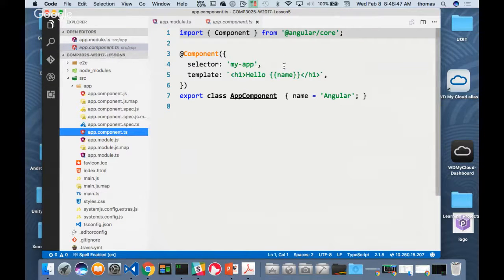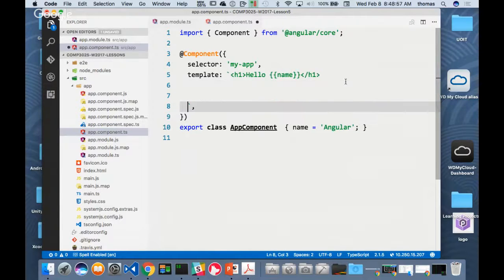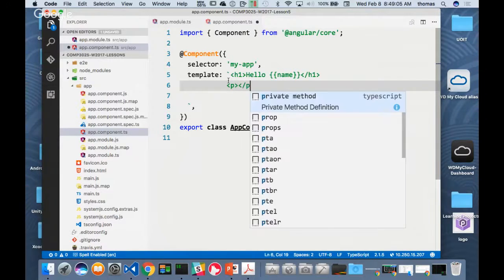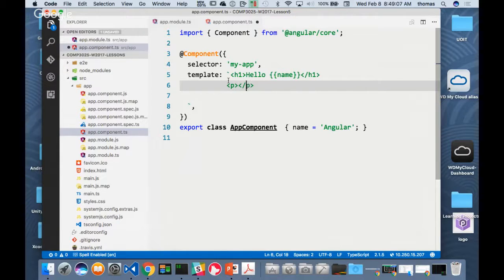App.component. I want to change this up to give you an idea of how this works. So let's say, for example, I say hello Angular, right? I want to try and do that. But instead of hello Angular, I want to go to the next line here. And notice with backtick I can. And I want to put in a paragraph. Here's my paragraph. And this is kind of tedious, isn't it? Where I have to actually put in all the HTML myself with no code hinting. Kind of tedious. I'll put a paragraph that says, this is my demo Angular 2,